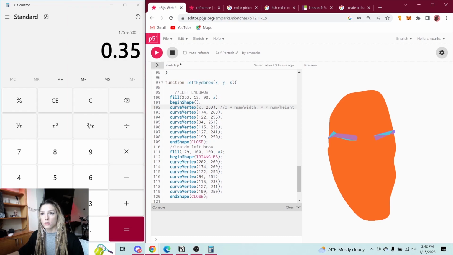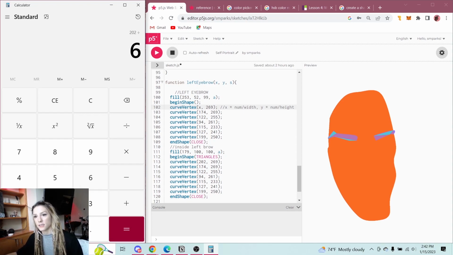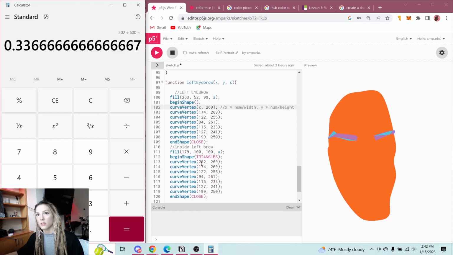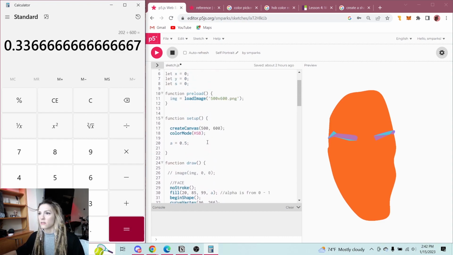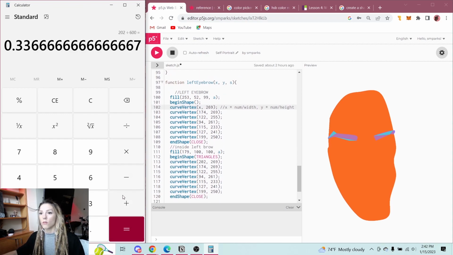So 202 divided by our canvas size x being 600. Oh wait, or is it 500? Oh, it's 500. So we'll do 202 divided by 500 equals